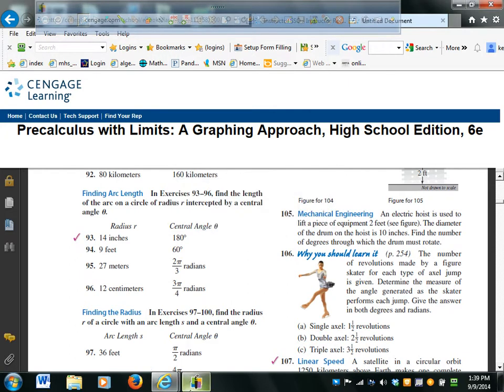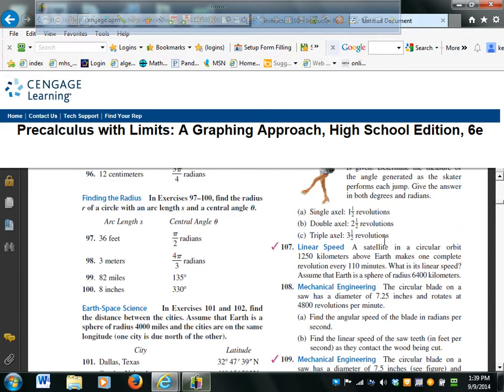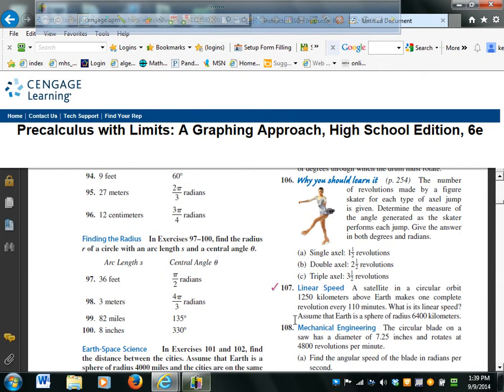Okay, hello out there. This is Mr. Leader. This is Advanced Pre-Calculus, Section 4-1. This is stuff on angular and linear velocity. I'm just going to go over problems 105, 107, 109, and 110 because some people were kind of confused in